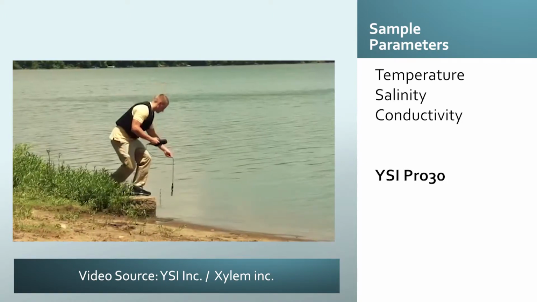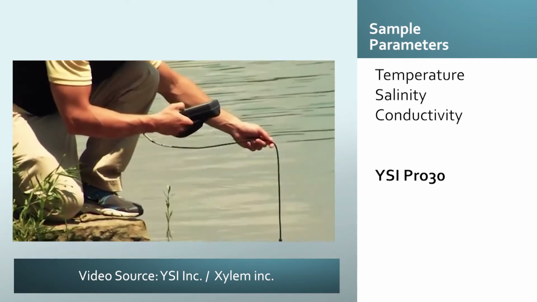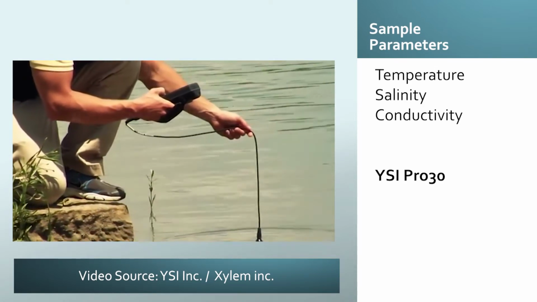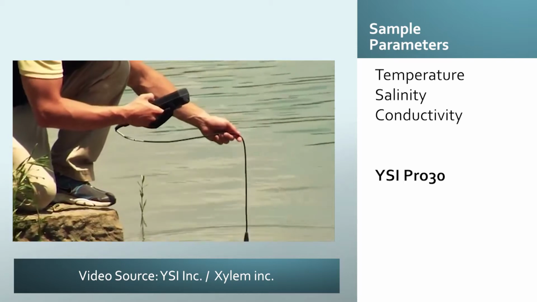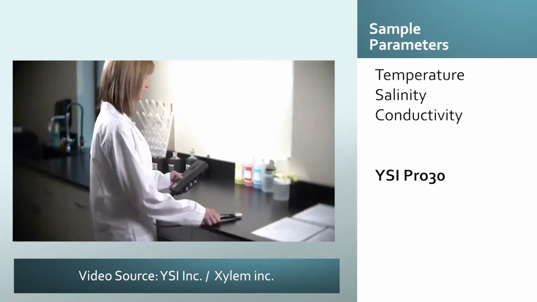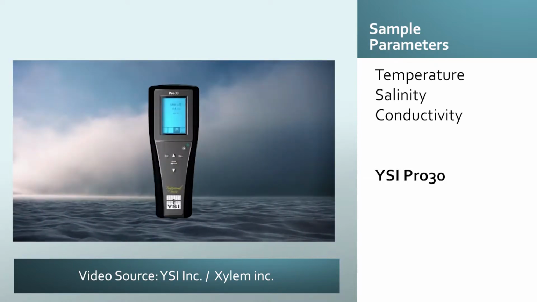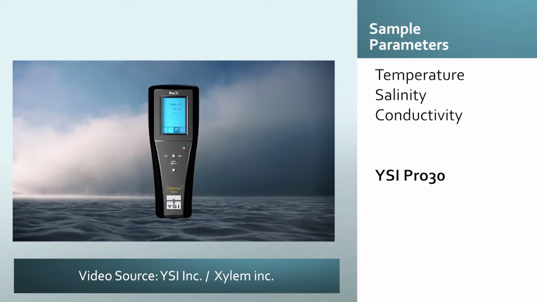The Pro 30 has a super stable 4-electrode conductivity sensor designed for long-term use. The sensor is built directly into the cable for extra reliability. It can be cleaned easily with a small conductivity brush, and you'll receive quality data for many, many years. Additionally, the YSI Pro 30 includes an easy cal